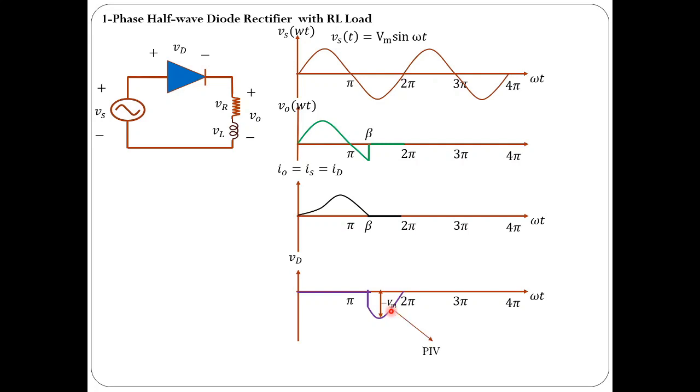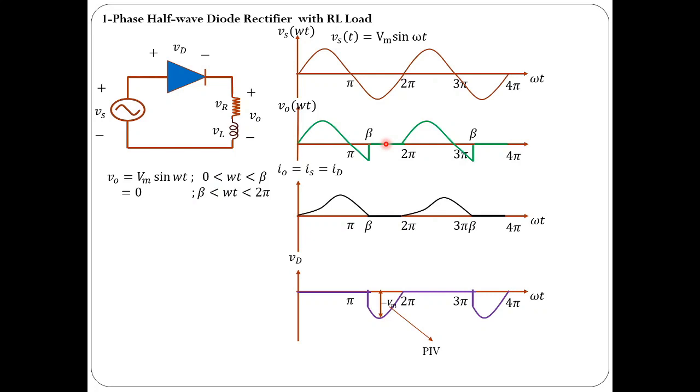Okay. So this way one can find out. The peak inverse voltage equal to minus Vm is taken in this case, assuming that beta is less than 3 pi by 2. In case it is greater than 3 pi by 2, then definitely the peak inverse voltage is equal to the magnitude of Vm into sin beta. So please remember this particular point. And this behavior would repeat for every cycle. From 2 pi to 4 pi also the same behavior. You will find the same behavior for the load current and load voltage, and diode current and diode voltage respectively. Of course, the source current is same as the load current in this particular case.